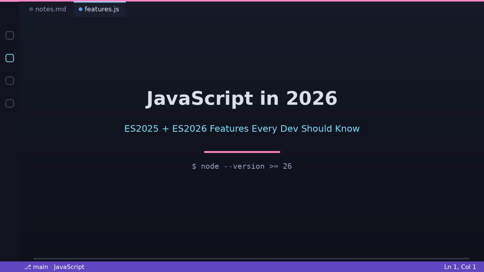If you're learning JavaScript in 2026, you should focus on ES2025 plus ES2026 features. These are the newest standardized features that are becoming available in modern browsers and Node.js. First, Map Upsert,